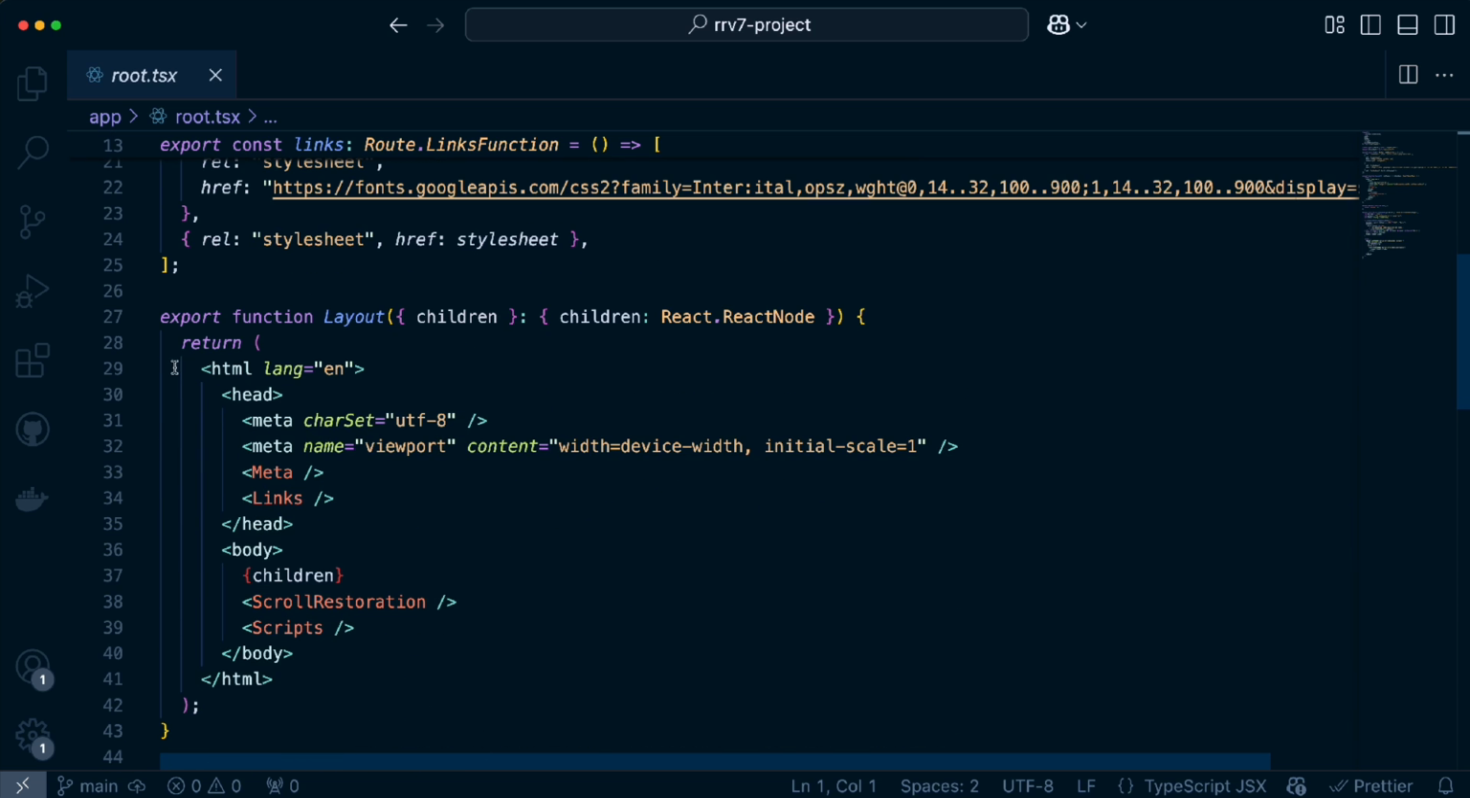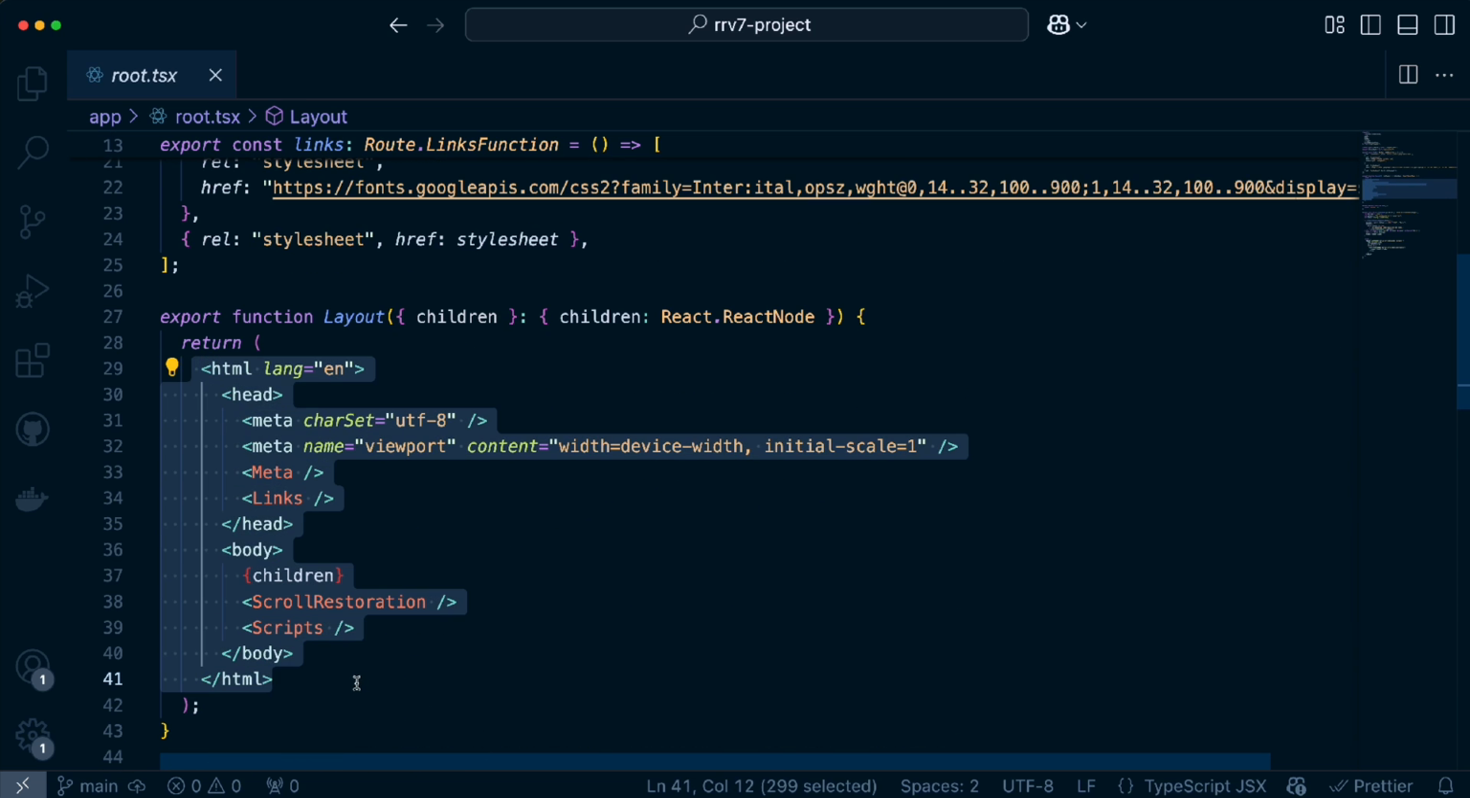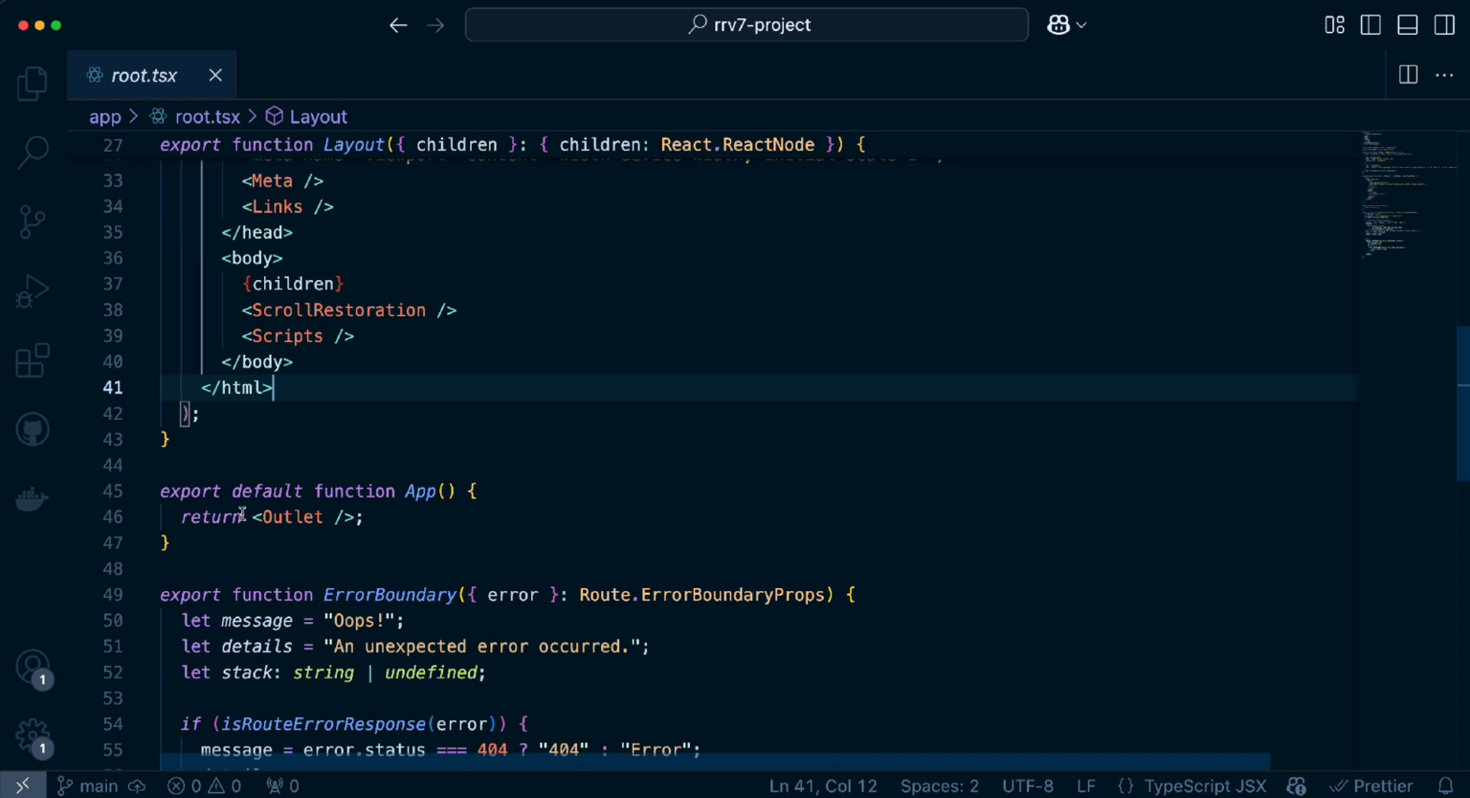This is where we define our HTML structure and render our entire app inside of this app component over here. Now, as you can see, we have this outlet component that is being returned from this app component. This is our entire app. So all of the different routes that we have in our project are going to be replacing